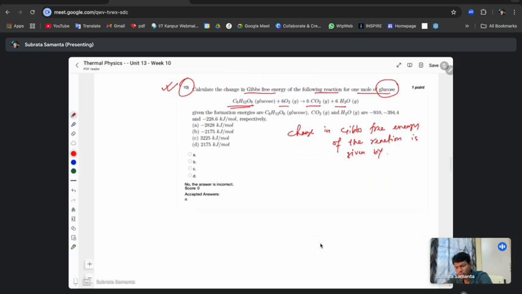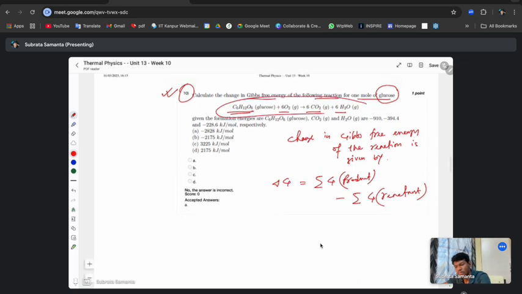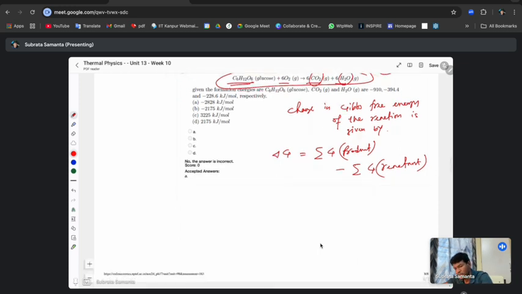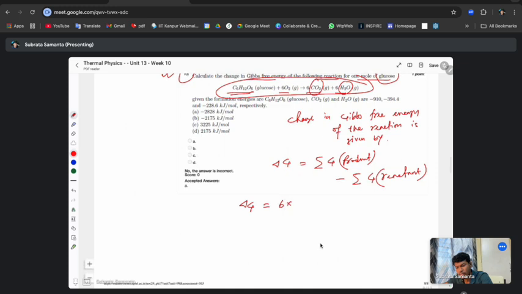is given by, so your delta G, the change in Gibbs free energy, is basically the Gibbs free energy of the products, sum over G products, minus sum over G reactants. So what are the products in this process? It's H2O and CO2, right? So therefore the delta G is equal to the sum over, so 6 times, what is the Gibbs free energy for